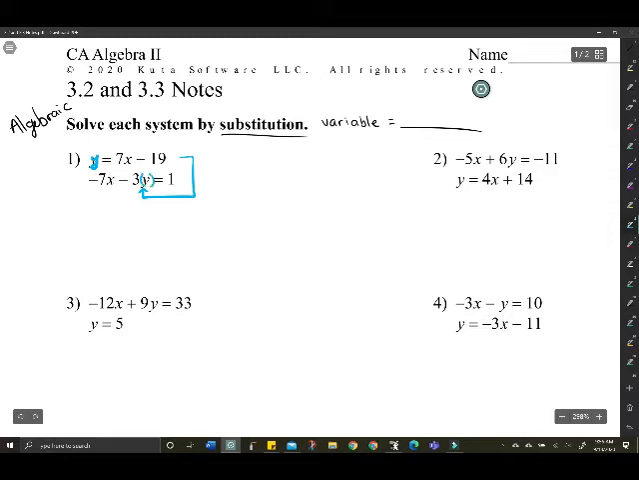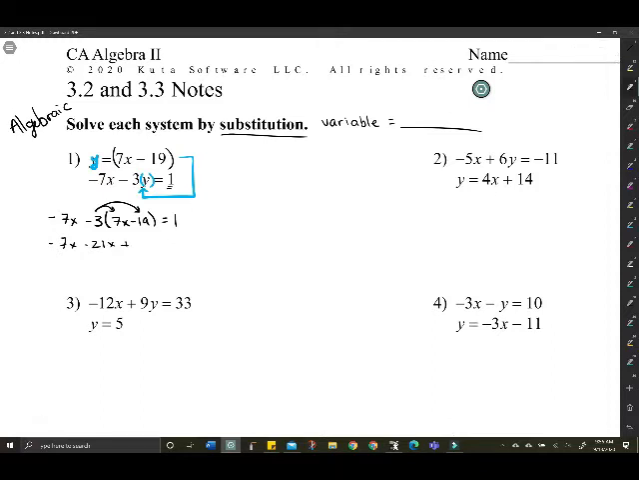Now a few little tricks here. I like to put it in parentheses. So I'm going to rewrite negative 3y, the parentheses, and then the 7x minus 19. Parentheses are very important because when you distribute the negative 3, you don't want to forget it. And then equals 1, don't forget the end part there. As I distribute, like I mentioned, that's minus 21x. Be careful, lots of little areas to make mistakes. Plus, I'm going to use my calculator, 19 times 3, 57,